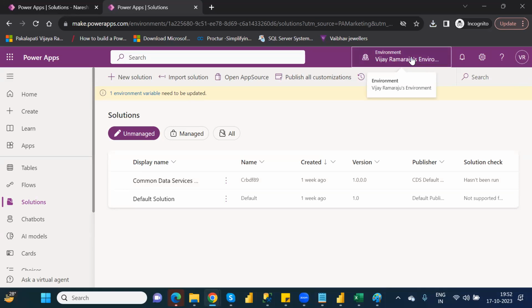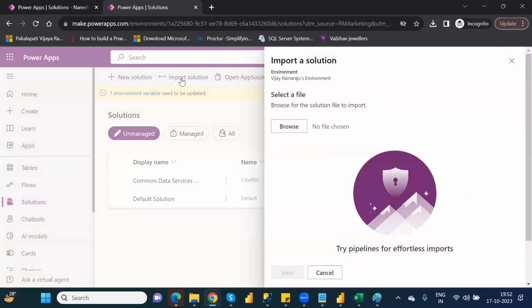Very important point. See here, whichever solution I download into my local system, I want to keep that solution in this environment. Then see here, you have to select this environment. Then you will have an option called import a solution. Click on